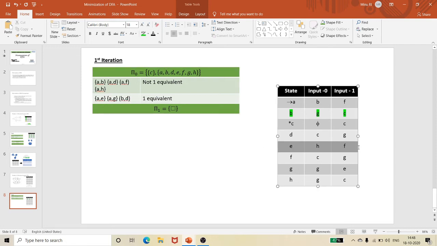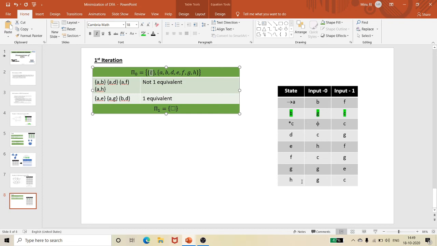Next, B with E: also not going to be equivalent. Very simple. With respect to C, C belongs to a single set. B will be equivalent only with those with C. So here, the only one with C is H.